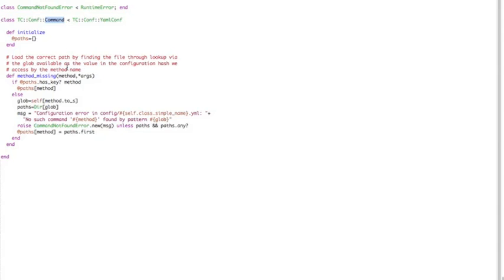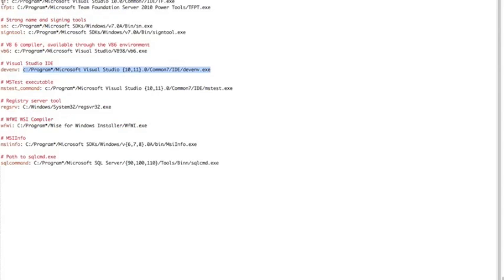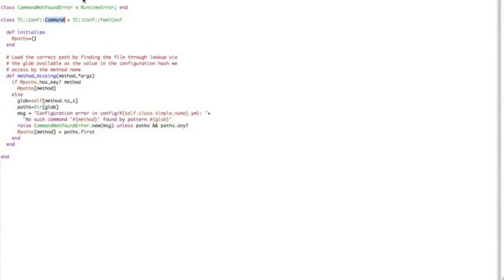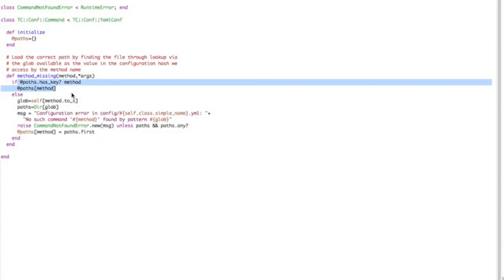commands according to the keys we have here. So we might write command.tf, command.tfpt, and so on. In this case, we have a special structure which contains our actual paths, if we've found any,